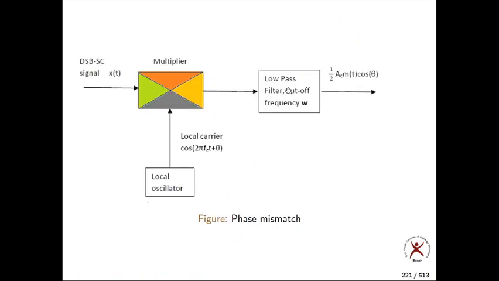Now this is what the diagram is. So this is a demodulator if there is a phase error. This is what we have already, low pass filter, you get this much. So this is the output of your demodulator if there is a loss of phase synchronization, or if there is any phase error at the carriers of the modulator and demodulator.